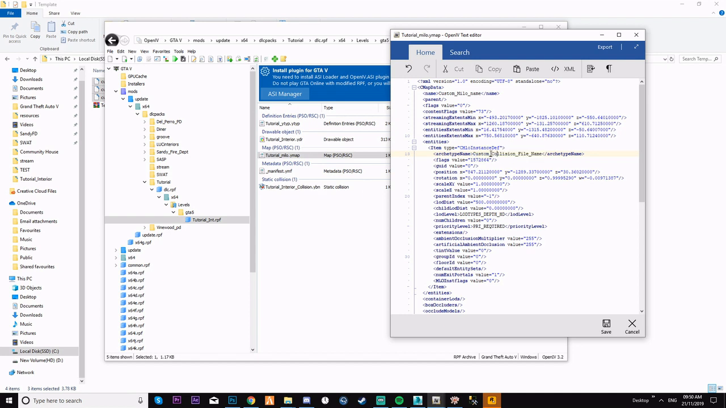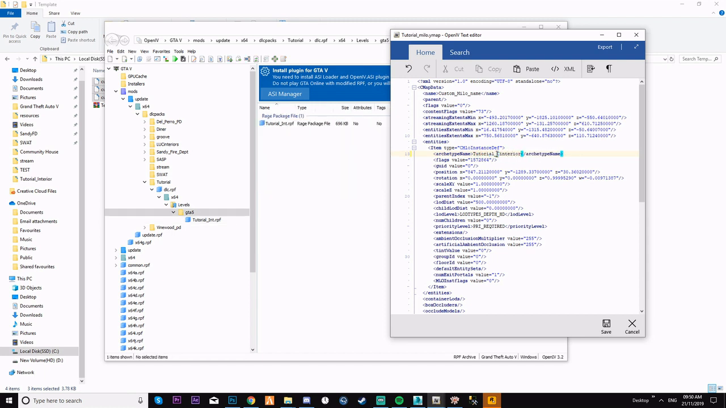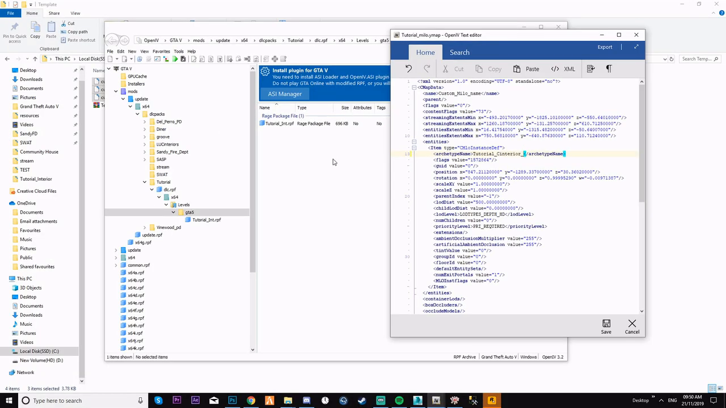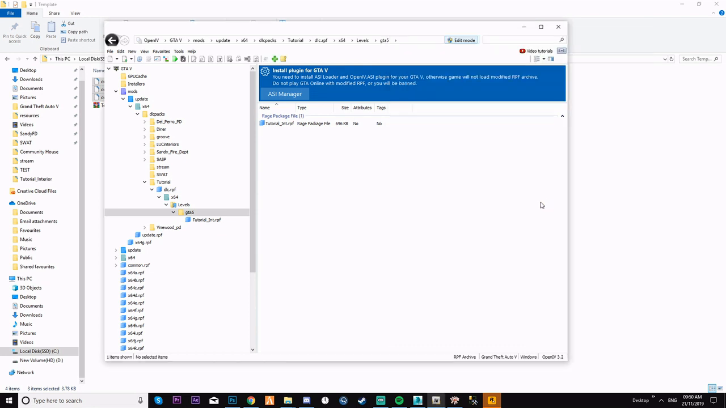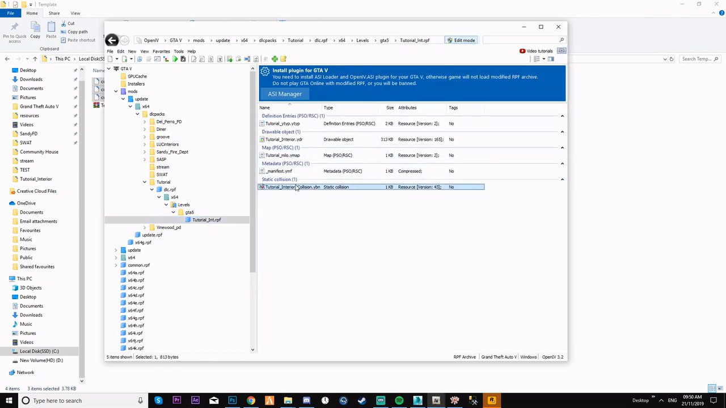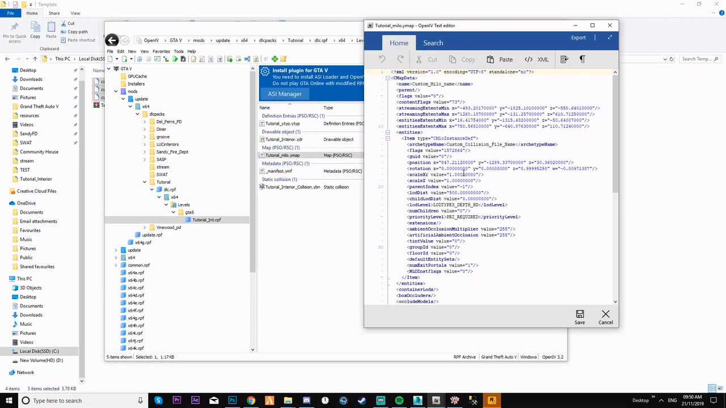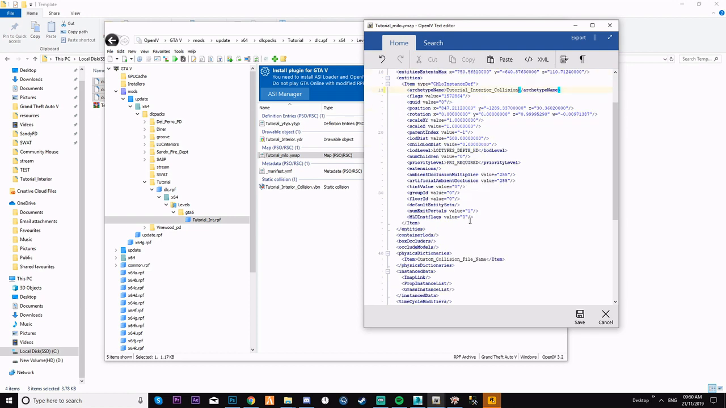Okay, so just rename that to tutorial interior. What's happening now? Why has it done that? Right, let me close this. I'll just copy the name. So copy that. Now I'm going to edit this, and then just change that to this,